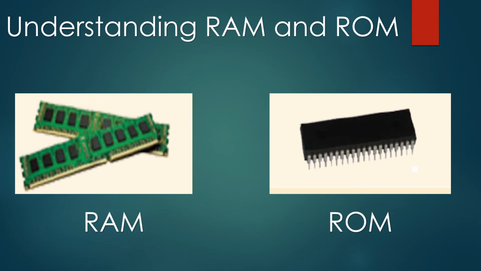Understanding RAM and ROM. Let us take the example of a kitchen to understand the meaning of RAM and ROM. If you are a cook, what would you keep on the kitchen counter and what would you store away in the kitchen shelves? Well, all the things you need immediately and regularly will be on the counter, and things that you do not access often will be in the shelves.